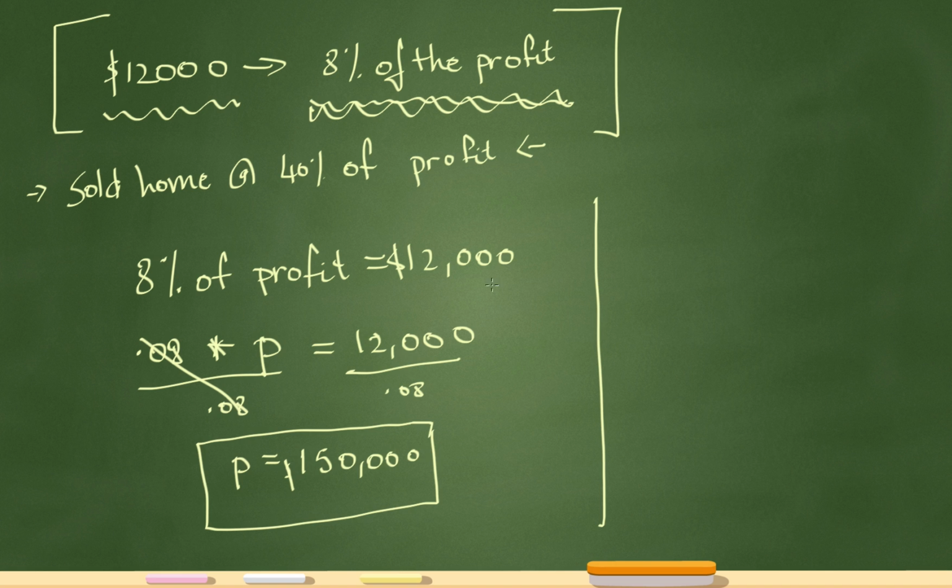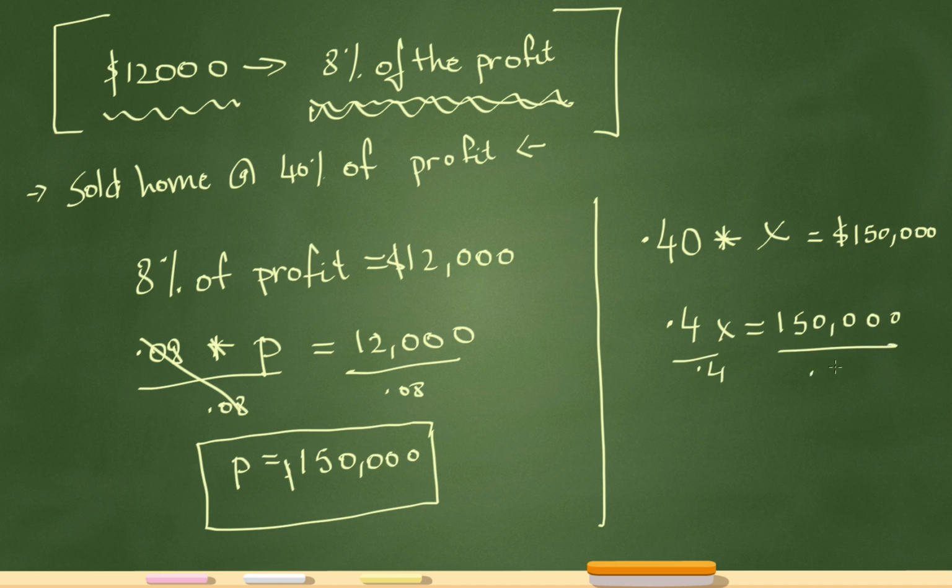So now I know what the profit is, so I'm going to set up a similar equation. So 40%, which is 0.40, of, which is multiply, 40% of however much I bought the house for. In this case, let's just call that X. So X represents my original buy for the house, the original price of the house. So if I take 40% of that original buy, that tells you what my profit was, and I know that the profit is 150,000. So I have my second equation here, 0.4x equals 150,000, and then I'll divide both sides by 0.4, and this will tell me my original cost of the house, which should be